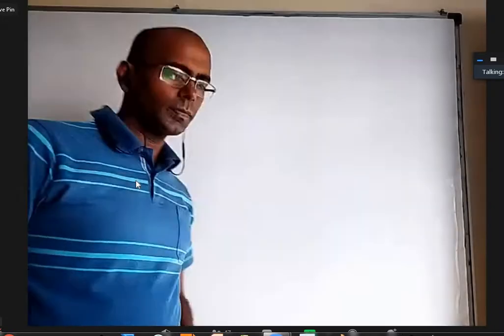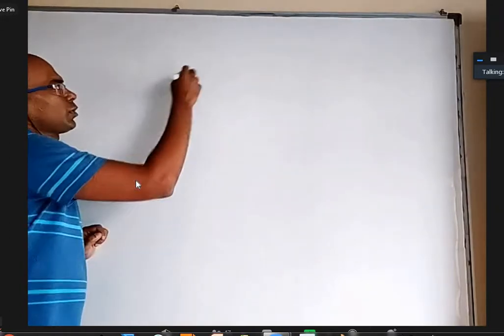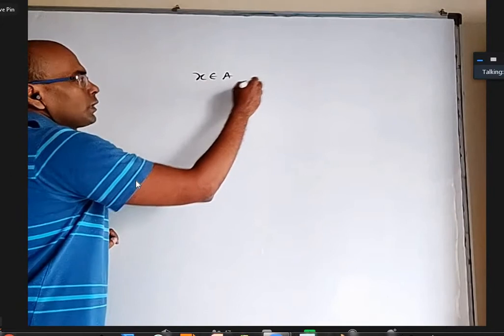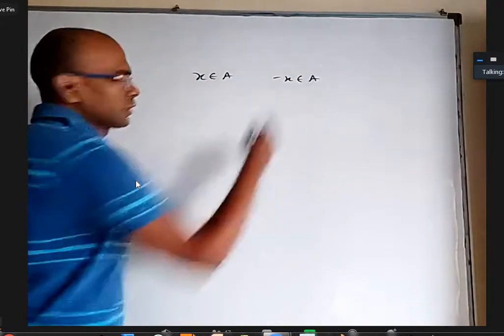Okay, so morning we are discussing even and odd functions. All right. Basically, I said the first point is whenever x belongs to A, minus x also should belong to A